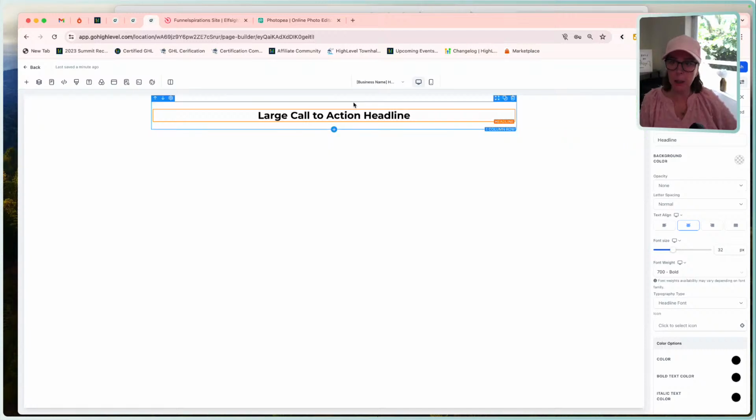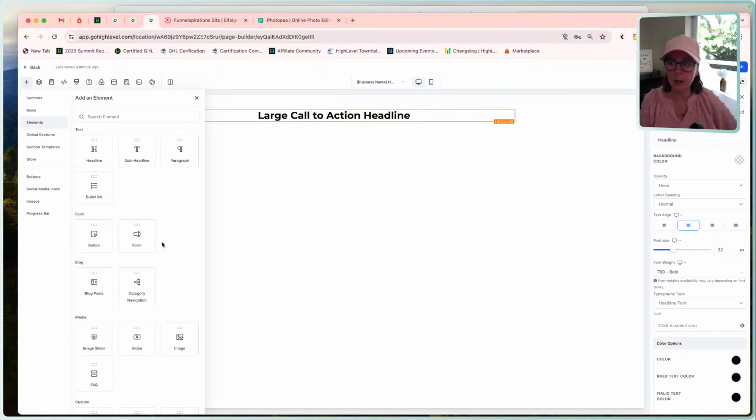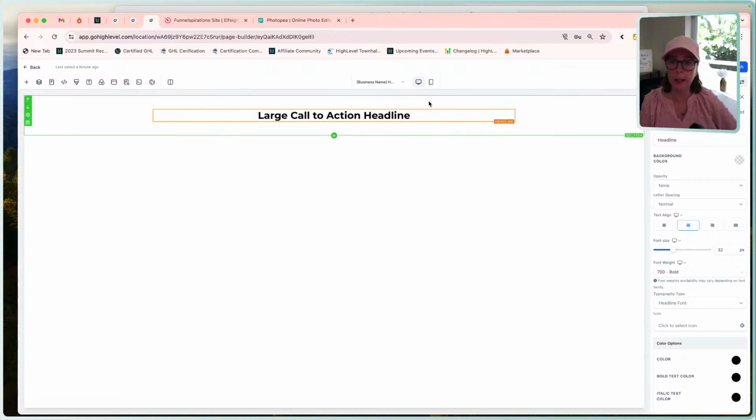Sections are green, rows are blue, inside of rows are columns, and it turns purple. This is a 1 column row, and then orange are the elements. So if I click on this plus here, I can see all of the elements that I'm able to add into a website or a funnel, okay? So those are the building blocks, and everything is movable and changeable,